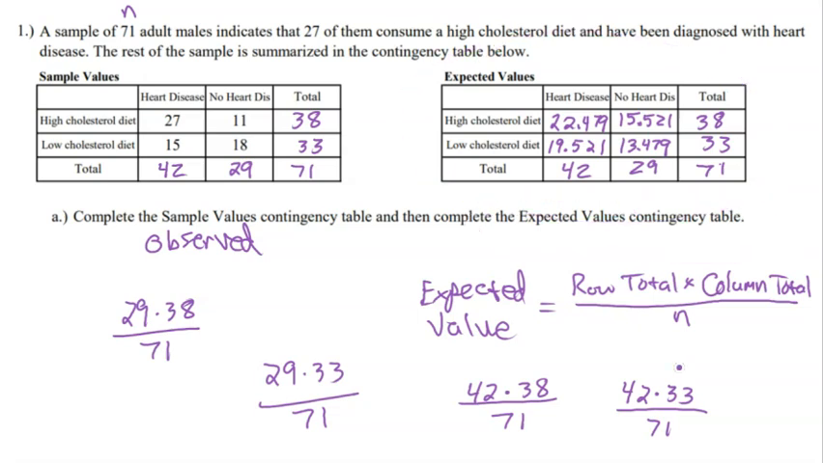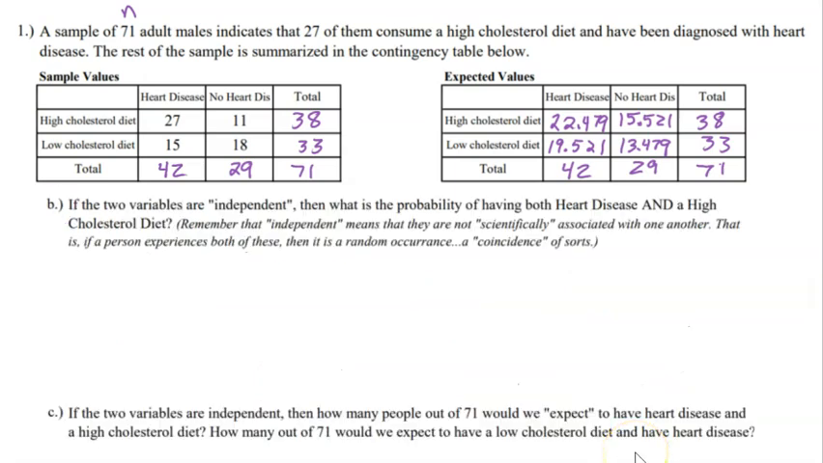Now we're going to use this information and we're going to answer a couple more questions. All right, so part B to this question is asking something interesting. It says, if the two variables are independent, so let's assume that they're independent, then what is the probability of having both heart disease and a high cholesterol diet? Okay, so here's what that means. What this is basically asking is this, if the two variables are independent, then the average or most likely or expected